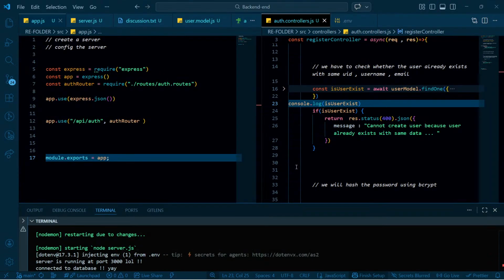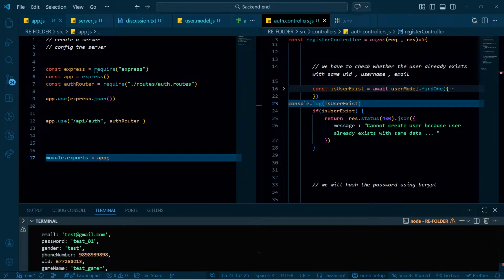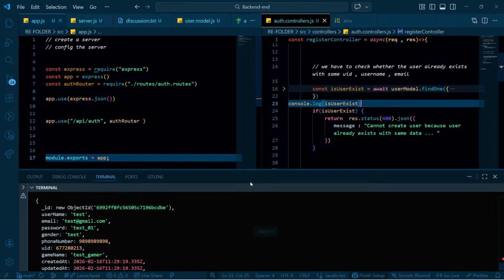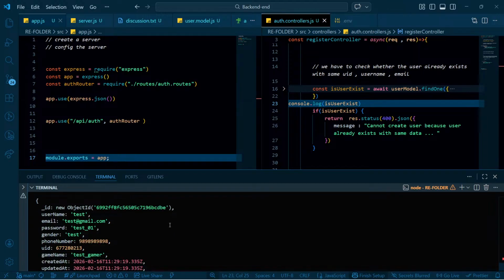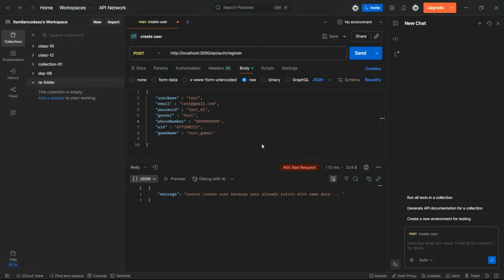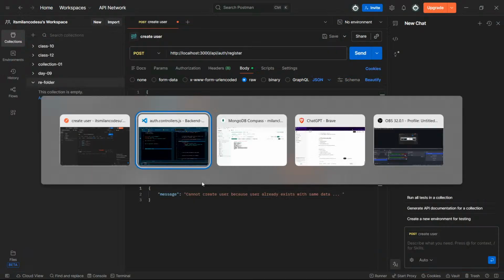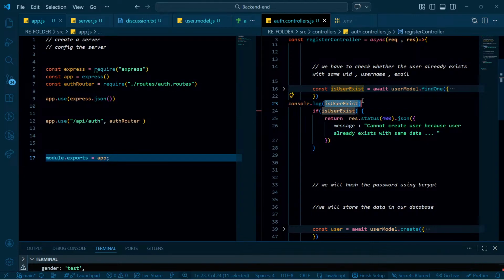Let us share the console. What did it send as the response? Okay, it sent the whole thing. If I change the username, like test01. Okay, on the basis of what? We will think about that later. Okay, for now, user already exists with same data, but